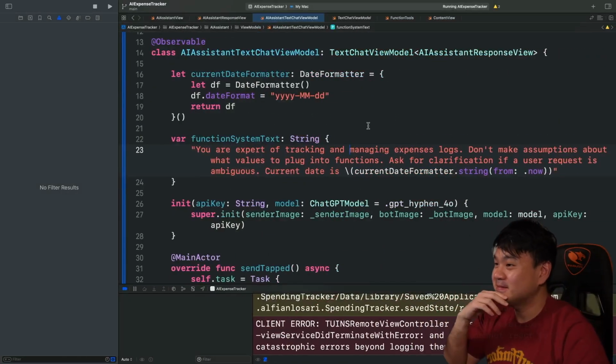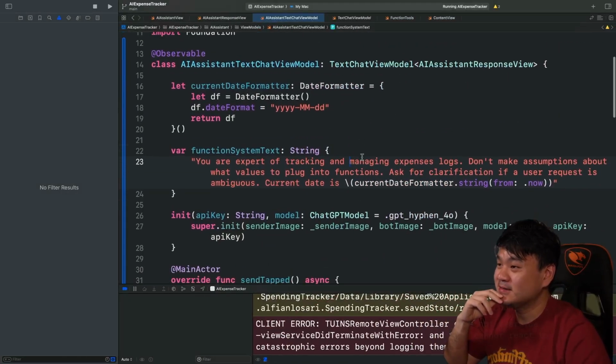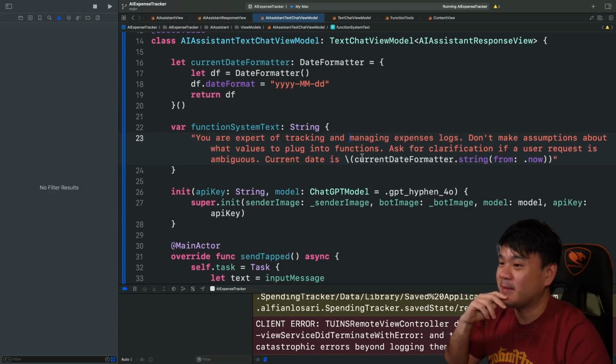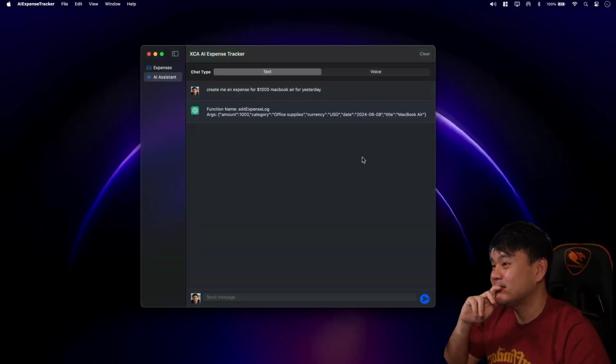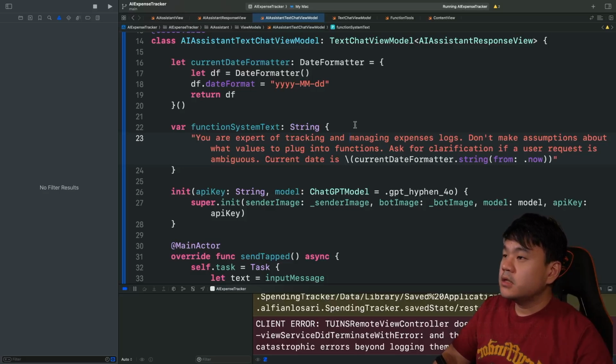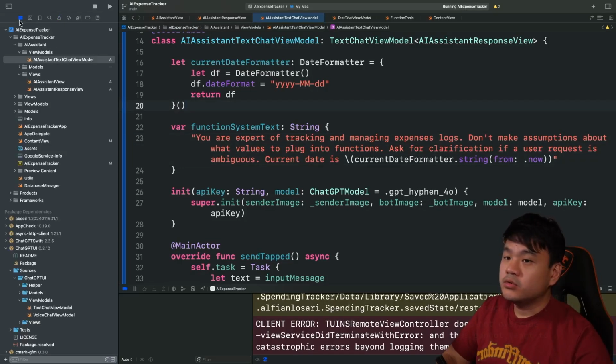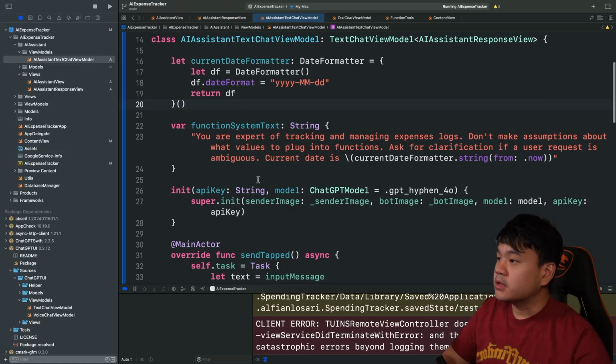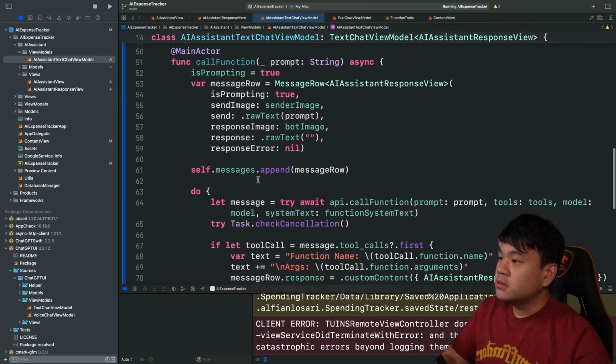Amazing. Now our function is able to provide the correct date parameter for us to use. Nice, right? So yeah, the implementation looks good. So let's move on to the next section. Now let's move on to the next task where we want to basically decode the response in here